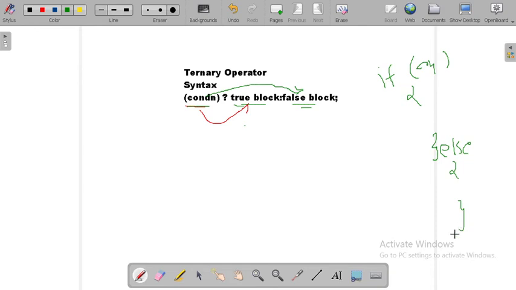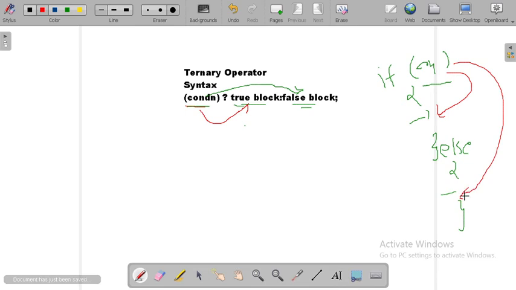Yes, one minute, hold on to that process. So this is where the condition is true, and this is the false. If my condition is true, the true block will be executed. If the condition is false, the signal comes to the else block, and this part will be executed. So I hope we understand this condition.